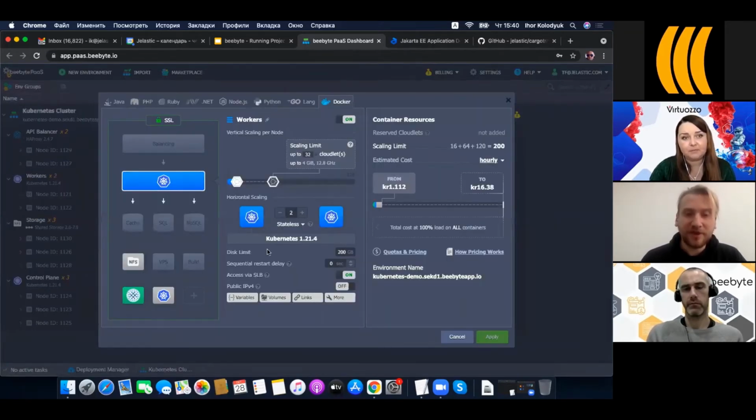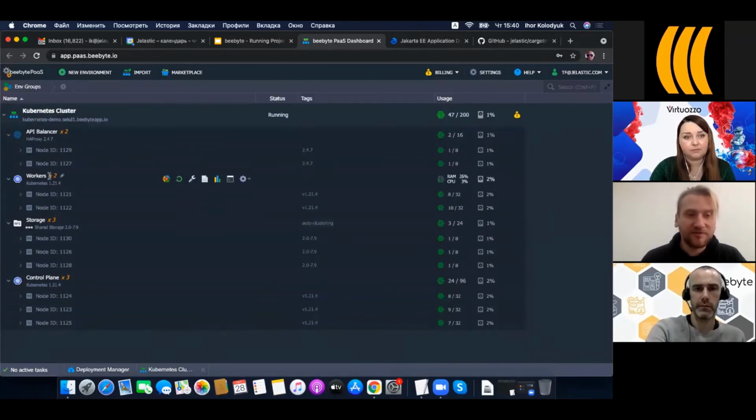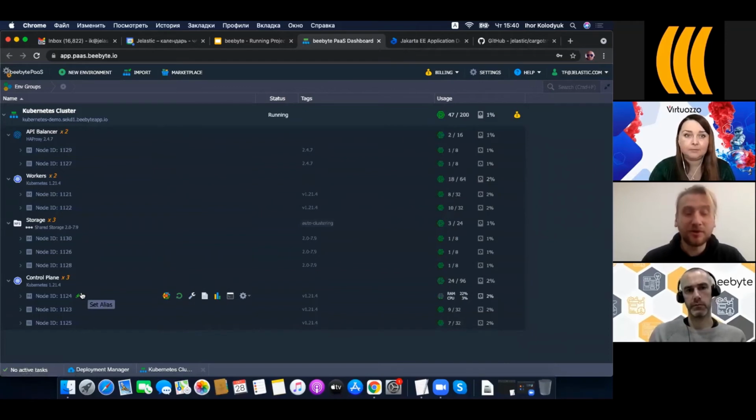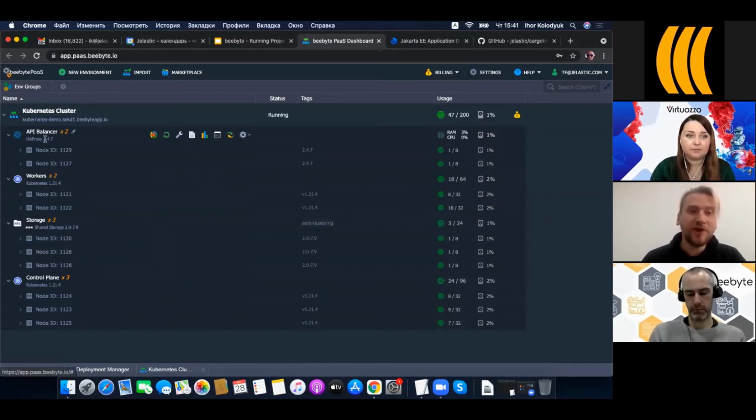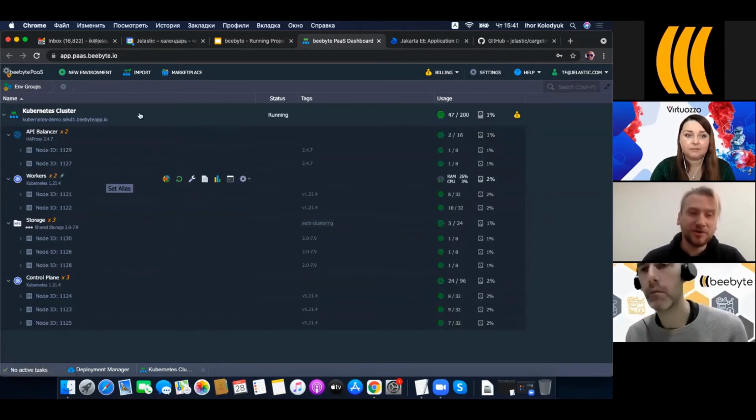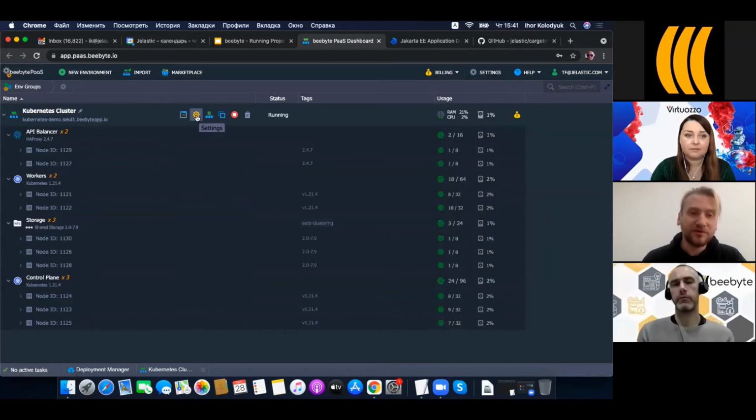Yeah, so that's the panel. We have a Kubernetes cluster here, which consists of 2 worker nodes and 3 master nodes. They are working in high availability mode. We have a storage cluster, which is responsible for volumes provided to Kubernetes. And we have an API load balancer. So the case you just asked about is related to worker nodes. So we need to go to configuration,